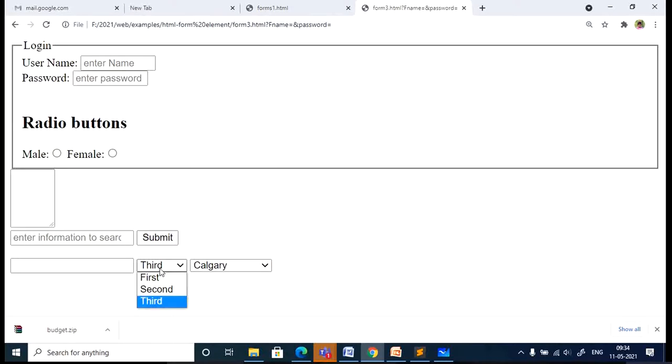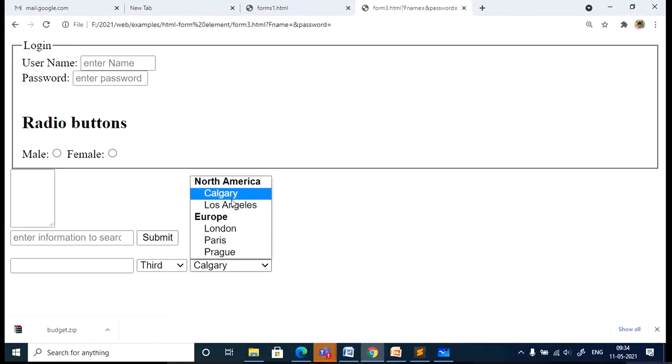Similarly, like how we did for the first one, here also you can specify which value you want selected by default. These are all headings, you cannot choose these. Under this option group you have two options, so you can choose any one of these. In the second group you have three options, you can select any one of those three. So you can select any one value at a time.